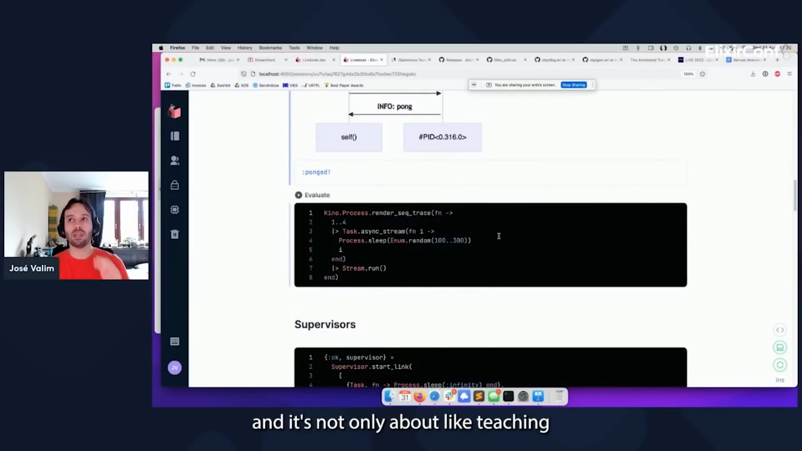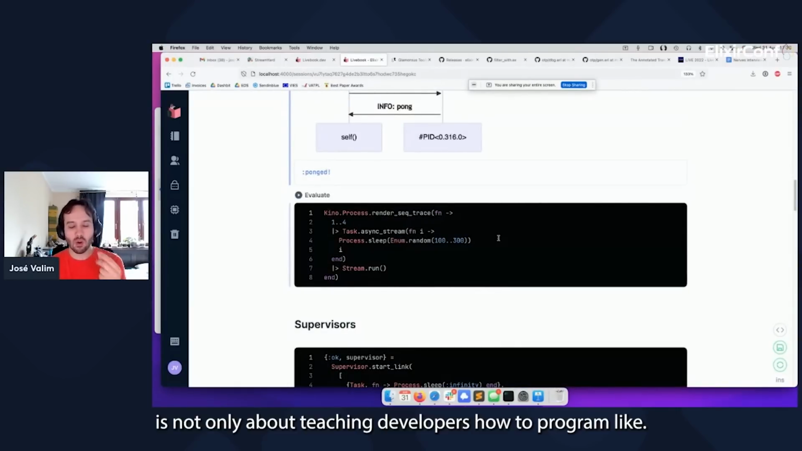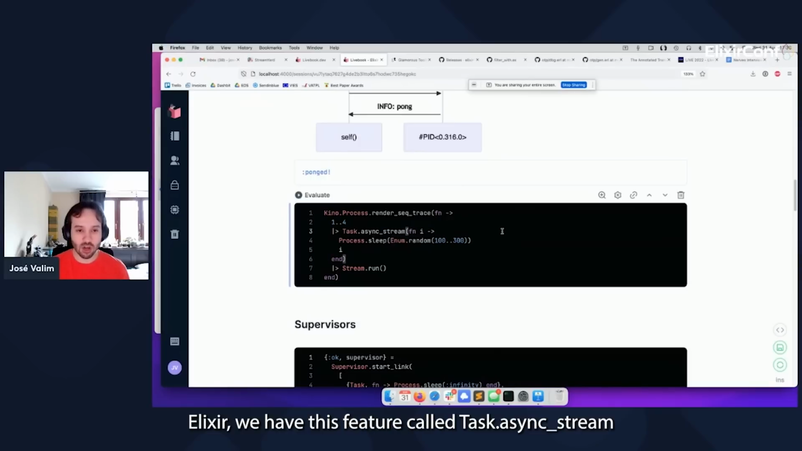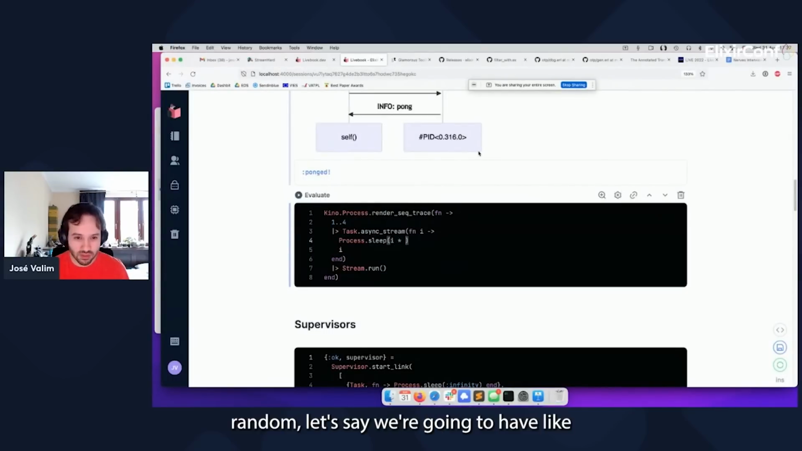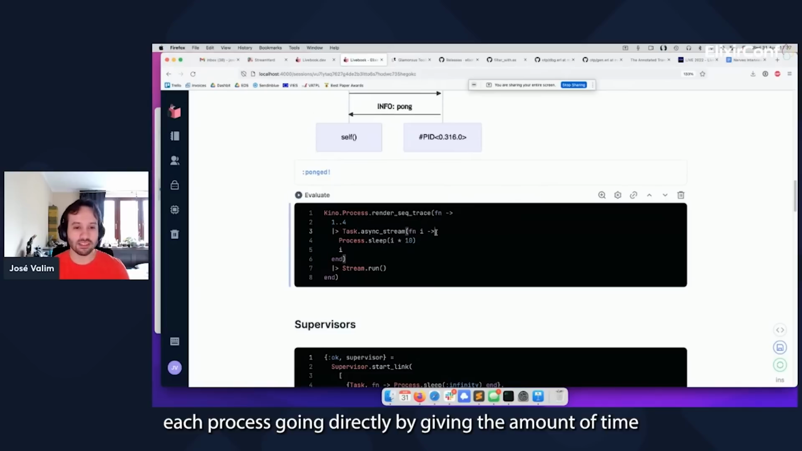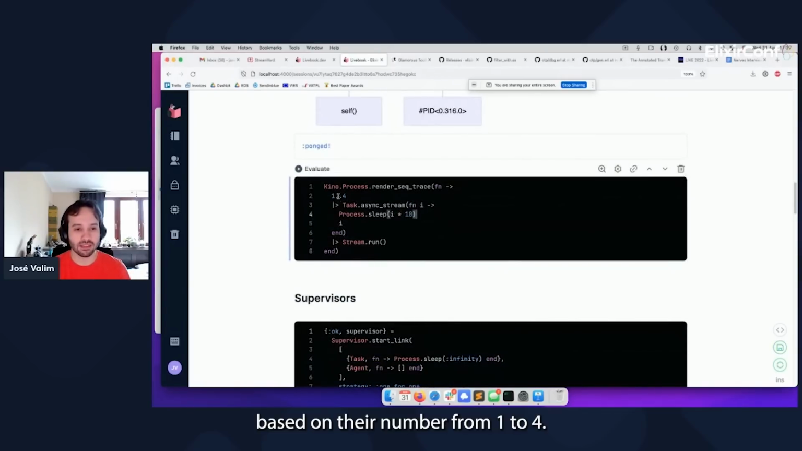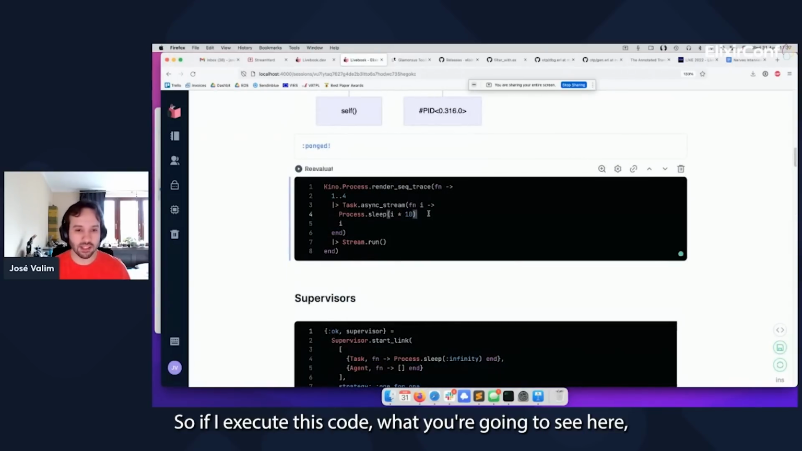And it's not only about teaching developers how to program. For example, Elixir has this feature called task async stream. What task async stream does is that for every item in the collection, it starts a separate process to process that item, so we can do those things concurrently. So instead of sleeping randomly, let's say each process is going to sleep a given amount of time based on their number, from 1 to 4. So if I execute this code,